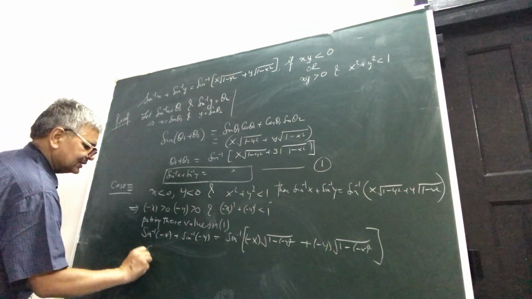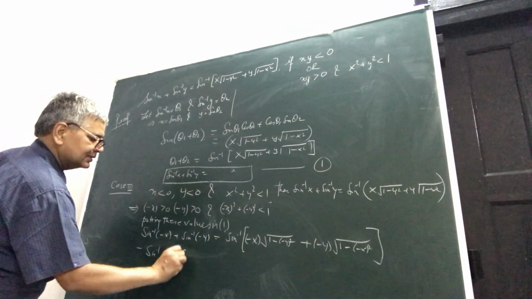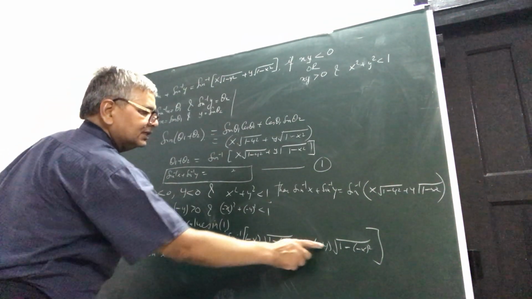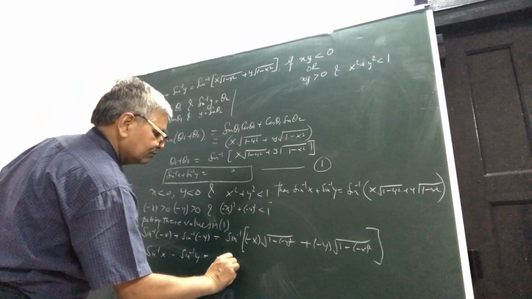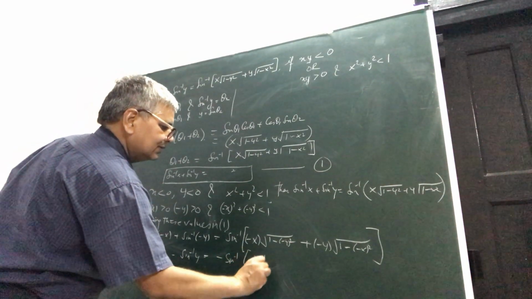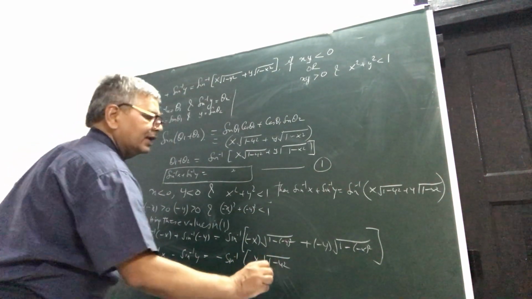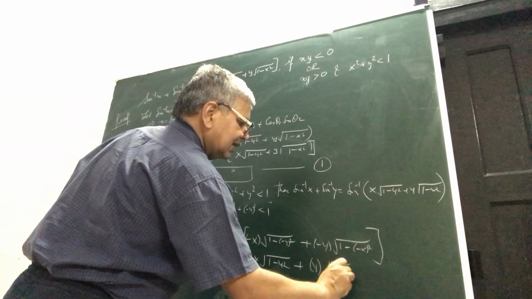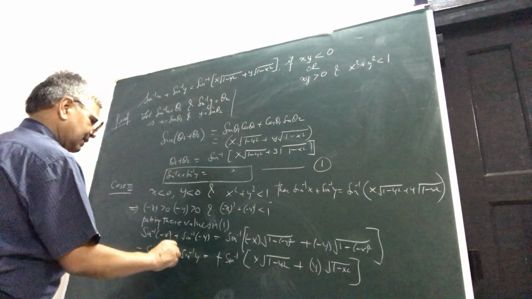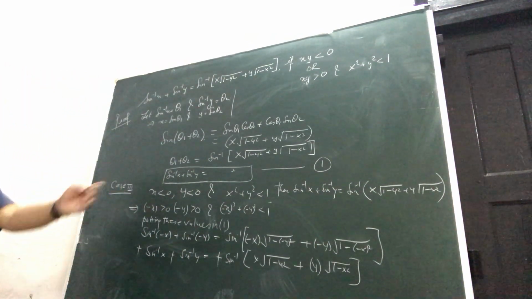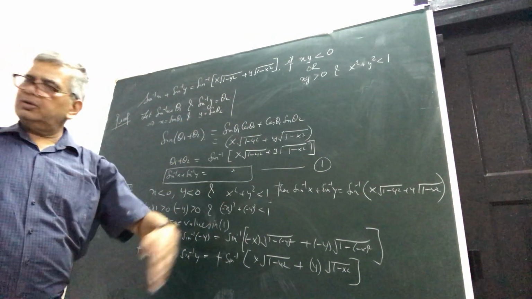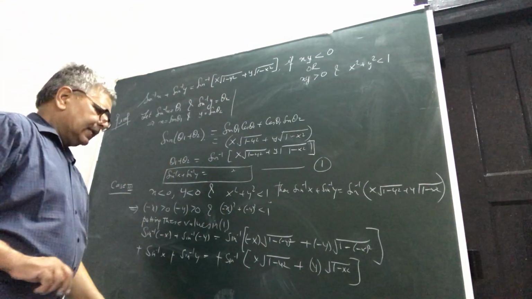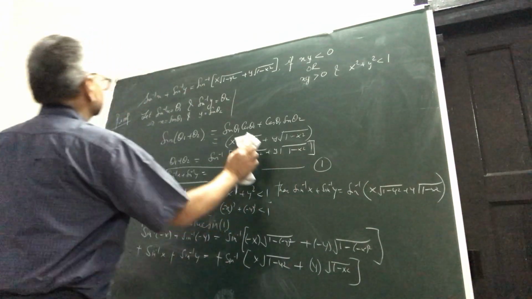You are getting minus sine inverse x minus sine inverse y is equal to minus c, where you will take a bracket common. So it is what? Sine inverse x under root 1 minus y square plus y under root 1 minus x square. And this minus will cancel throughout and you get the result. Same result you are getting. So it's not very difficult to prove it. Simple. Now let's try the other cases here